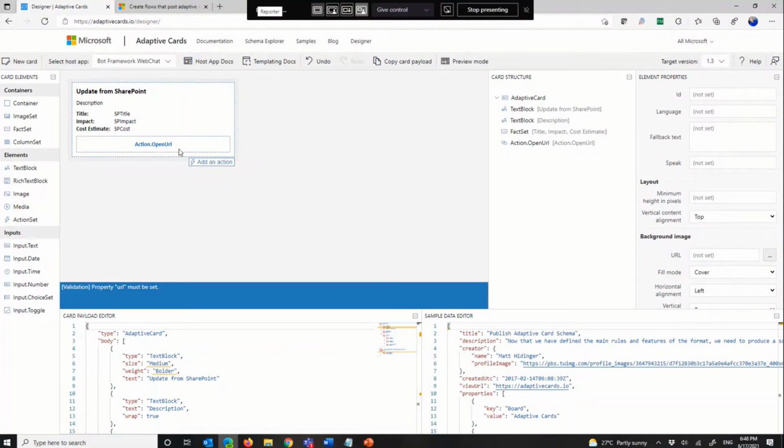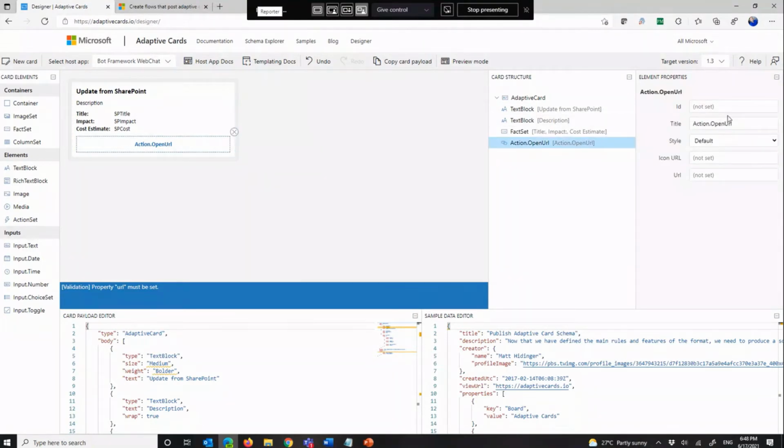So when I click on it here, I have the title. So let's say we call it Open SharePoint item. Then the icon URL, I can have an icon there. So I can have an actual icon that shows up like an emoji icon, but it has to be a URL. So typically what you do here, you just store it somewhere in a SharePoint site that everyone can access,